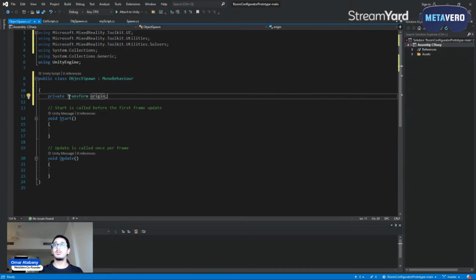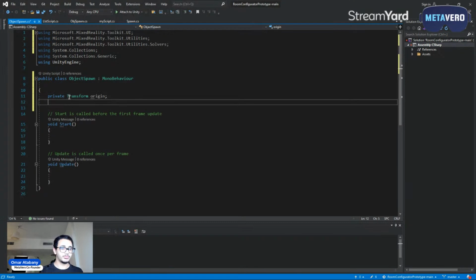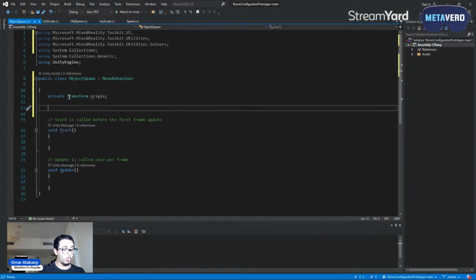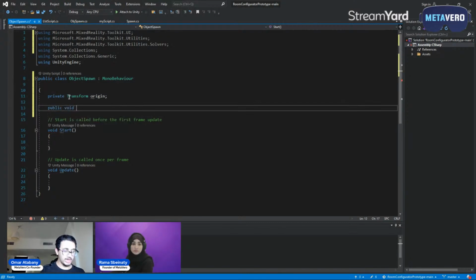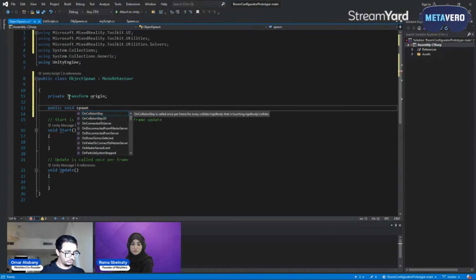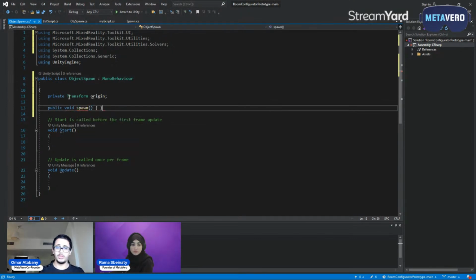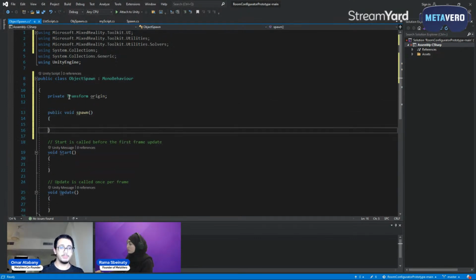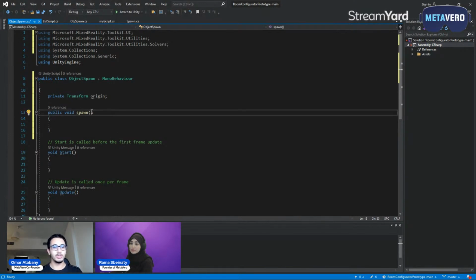So once you name it, then we're going to go to writing the actual script that spawns in the object. So what is it? It's going to be a public void, and we're just going to name it spawn. You can name it whatever you want. No one's going to stop you from naming it. But what do we expect to have inside of the spawn? There's a few things first. This is just an empty function. It doesn't do anything,